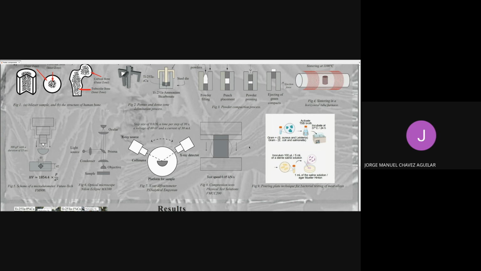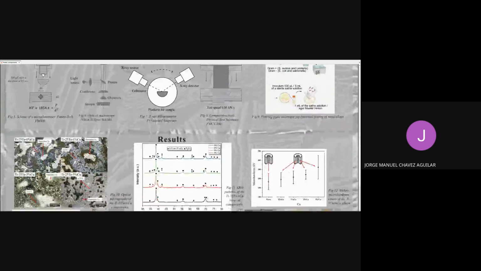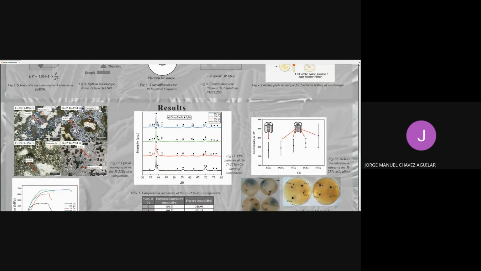Also, we perform in vitro antibacterial behavior studies using gram-positive and gram-negative bacteria. This analysis is very preliminary for this study, but we want to present it on this occasion to demonstrate the advance of the project. The main results in the microstructural analysis reveal that the alloy was composed mainly by the biphasic